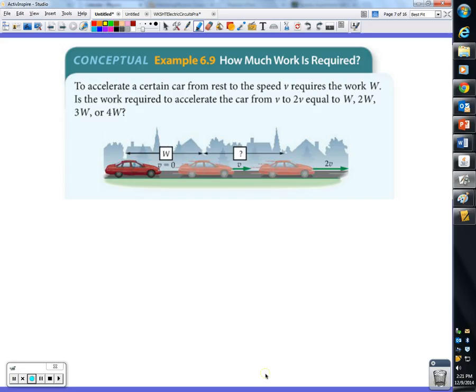Let's take a look here at conceptual example 6.9, how much work is required. So it says, to accelerate a certain car from rest to the speed v requires the work w. Is the work required to accelerate the car from v to 2v equal to w, 2w, 3w, or 4w? All right, so this question,